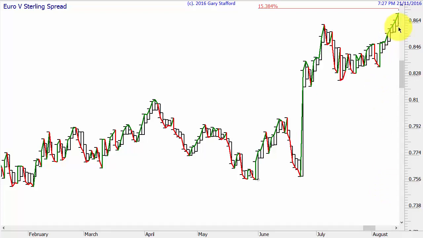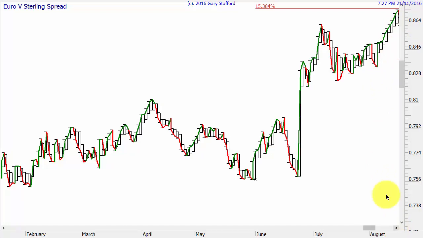I wasn't short, I wasn't long. However, one of my rules is it's a good idea not to book the trend until you've been stop lossed out of a fictional, in this case long trade in the euro. So if I was long of the euro, I would move my stop loss below the 7th day based on Gann's 7 to 10 day rule. It then goes up for the 8th day, so I'd then move my stop loss below the 8th day.